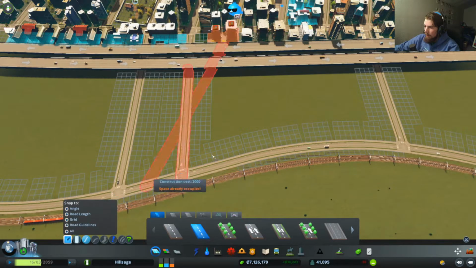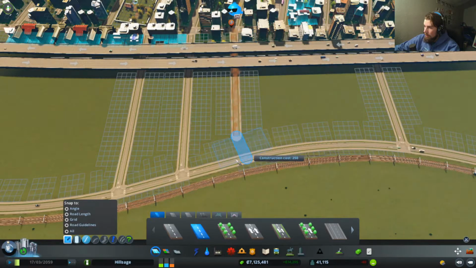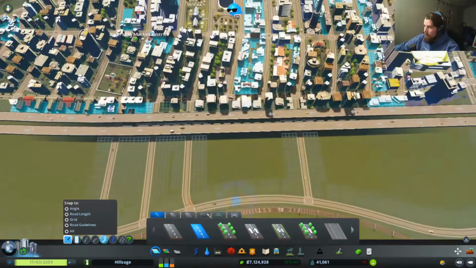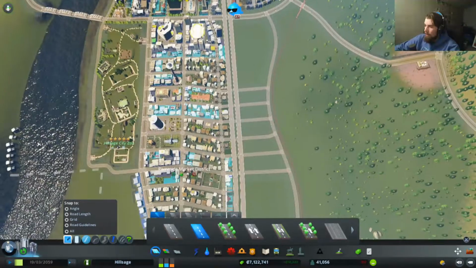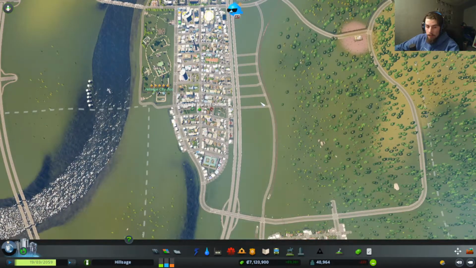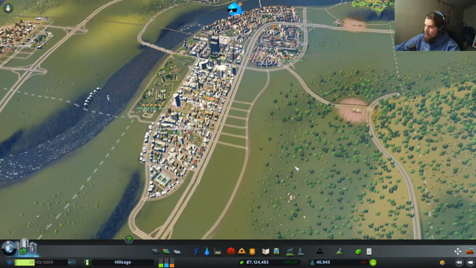Let's see if I can get this to snap a little bit straighter. Have a little bit of a curve in the road there. This might be the best choice, just to continue the grid pattern we have going, and I also think it will maximize the space. So let's